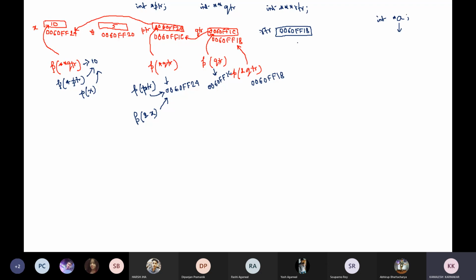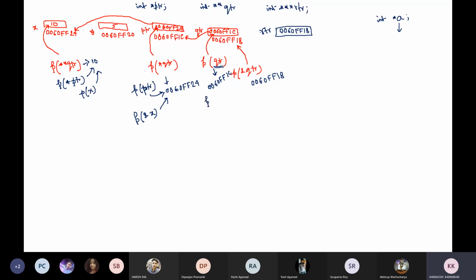We are discussing the basic concept of using a pointer, but we have not discussed where we will actually use a pointer. We will come to the application later. Just try to understand the pictorial representation first. Then it will be easier to understand the rest of this chapter. Like here, I'm printing the value of qtr.